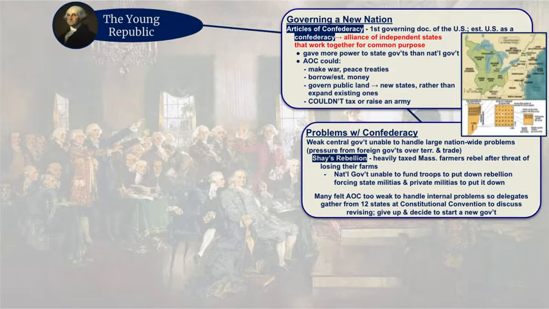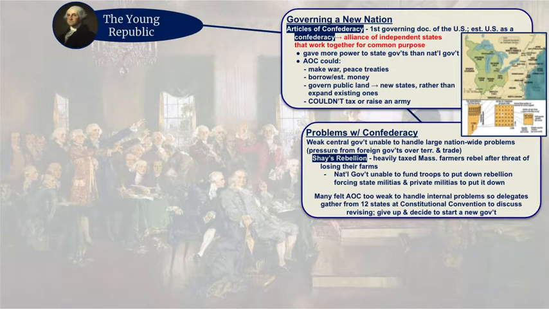So they will all gather in Philadelphia for a convention. Delegates from 12 of the 13 states, because Rhode Island thought it was worthless and too much trouble and a waste of time to do this. And if it was just revising the Articles of Confederation, they may have been right that it was a waste